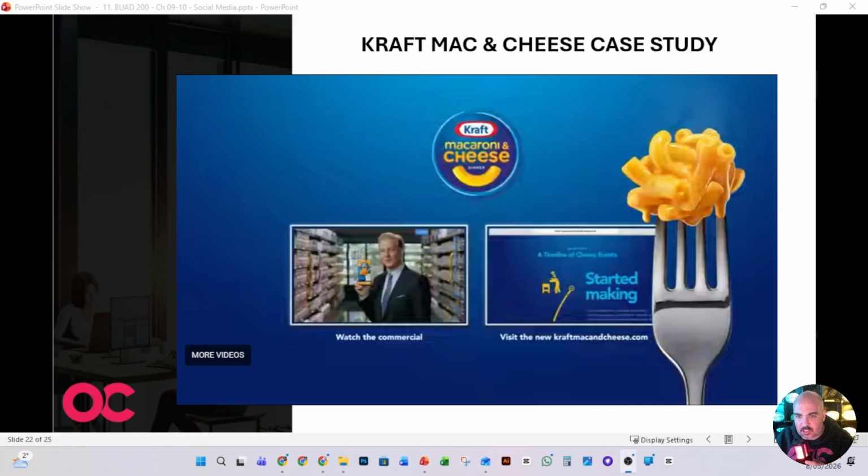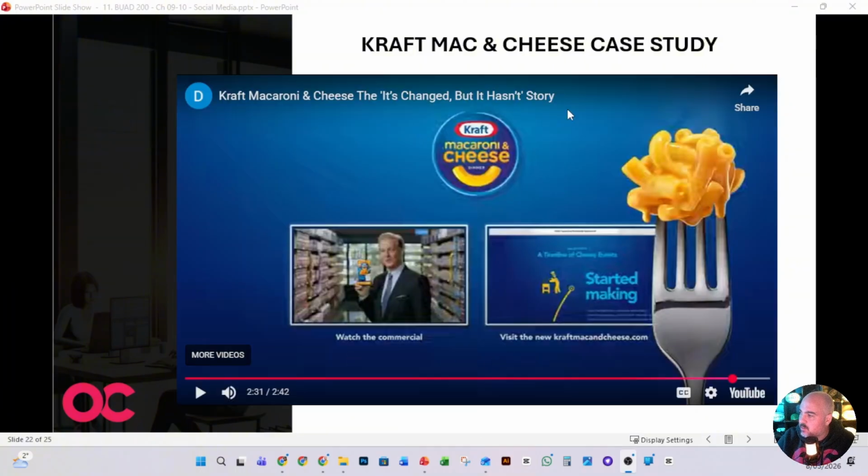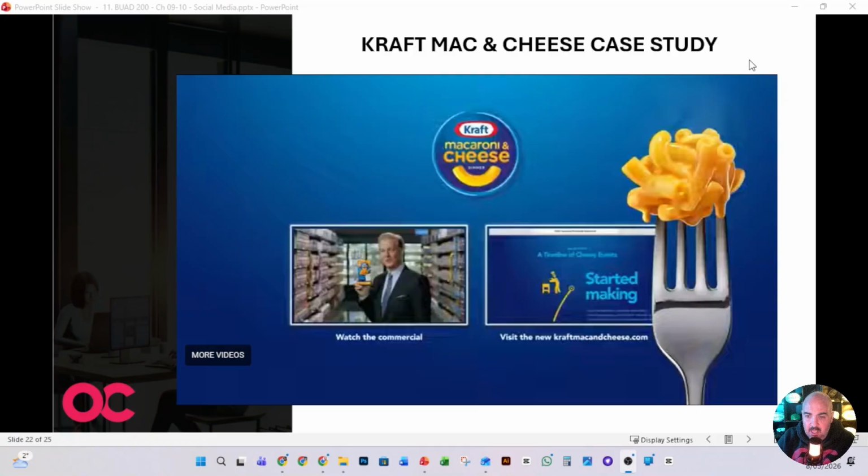Okay, so let's just quickly have a look at this, because this was a big campaign that Kraft did, and they integrated it into social media in a couple of interesting ways. And I think from watching that, you would have picked up that they were obviously monitoring social media, doing what we mentioned before, social listening and sentiment analysis, to figure out if there was any trends or any complaints or anything that they could pick up around what people were saying about Kraft mac and cheese as they were doing this. So that was one big way that they were using social media there as part of the campaign.